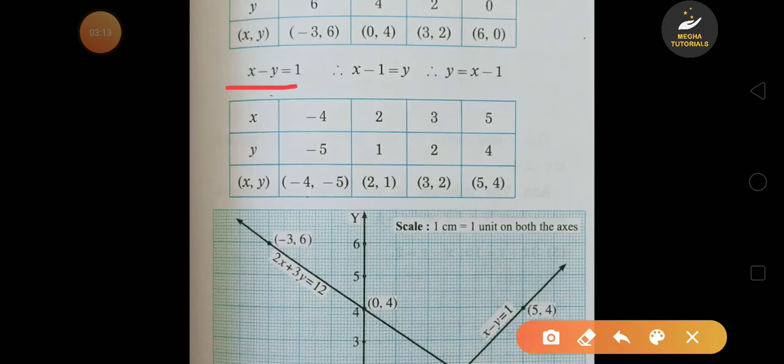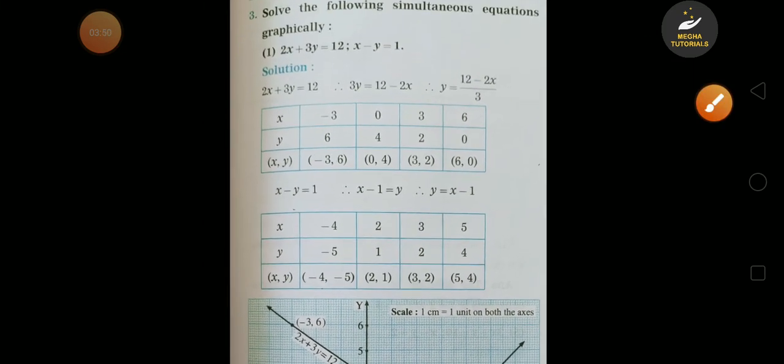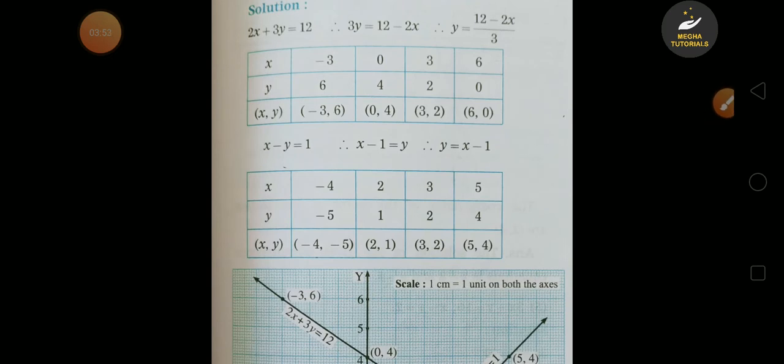Equation 2 is x minus y is equal to 1, so we can bring this equation in the form y is equal to x minus 1 using transposition। So first we will assume x is equal to -4, so we will get -4 minus 1, that is -5, so first ordered pair is -4, -5। Second we will assume x is equal to 2, so 2 minus 1 is 1, so 2, 1। Then we will assume x is equal to 3, so 3 minus 1 is 2, so we will get 3,2। Then x is equal to 5, so again 5 minus 1 is 4, so last ordered pair is 5,4।